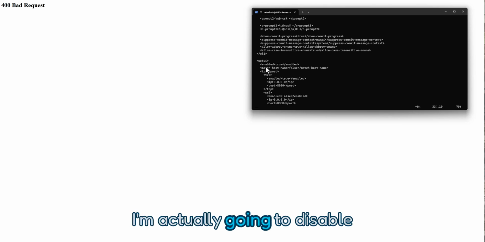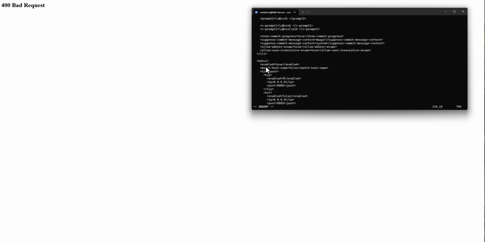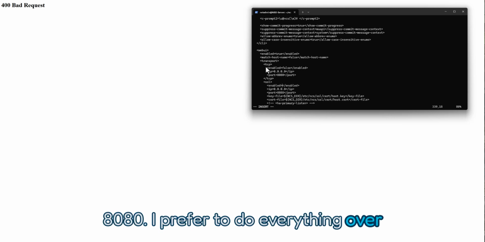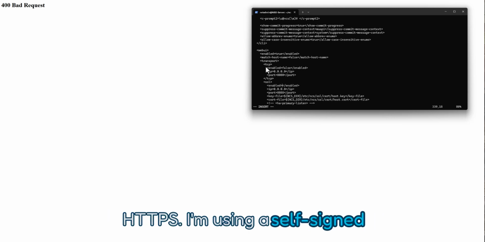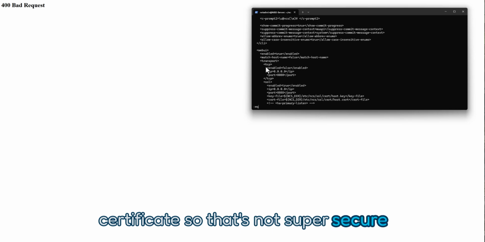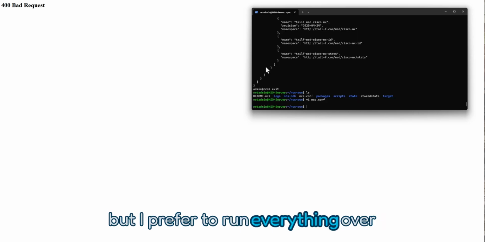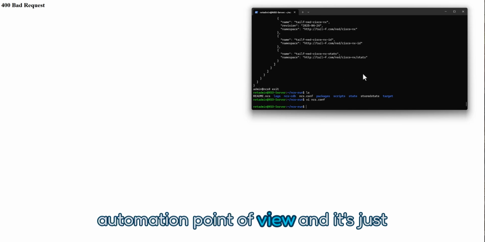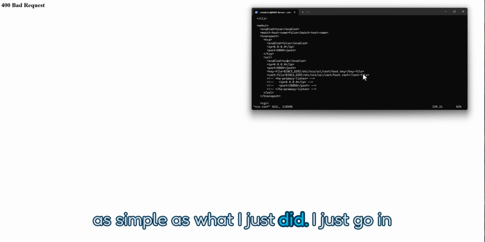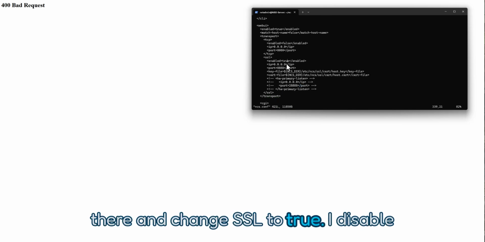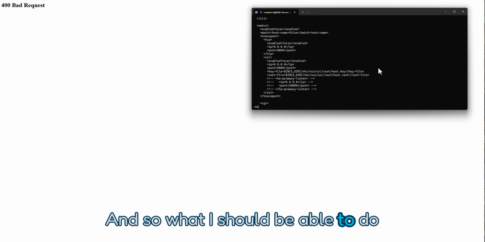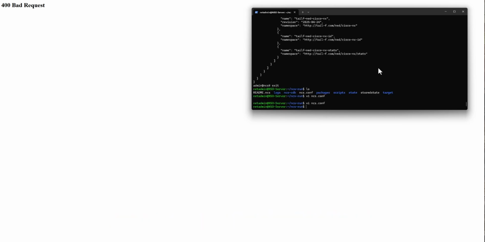And then I'm actually going to disable 8080. I prefer to do everything over HTTPS. I'm using a self-signed certificate, so that's not super secure, but I prefer to run everything over HTTPS, especially from an automation point of view. And it's just as simple as what I just did. I just go in there and change SSL to true. I disabled just the 8080. And so what I should be able to do now is save that, which I've already done,